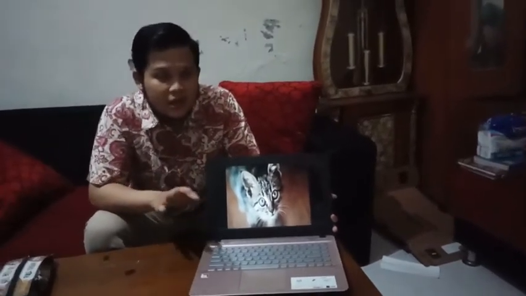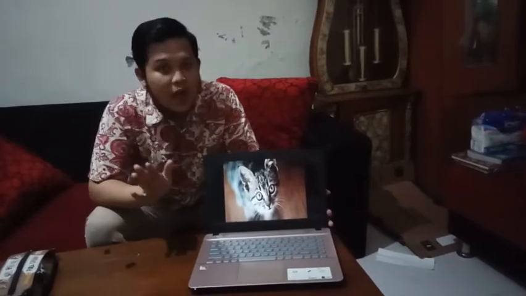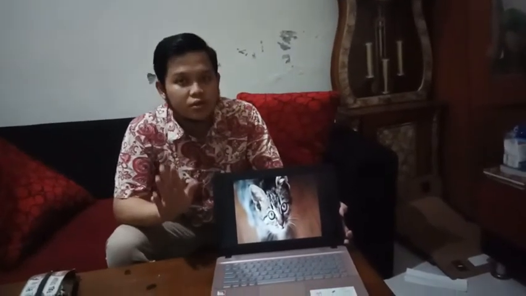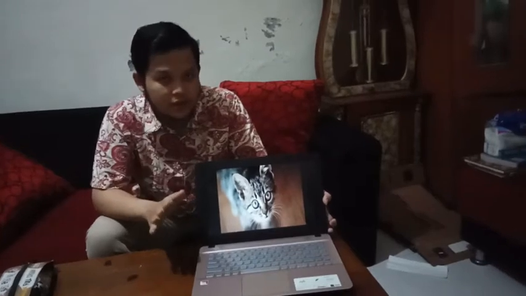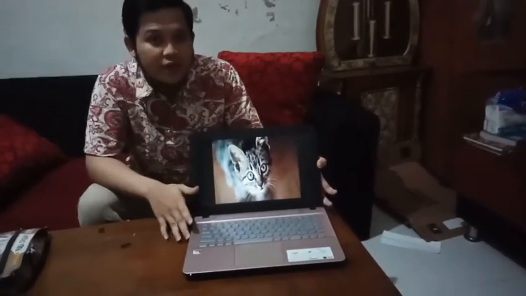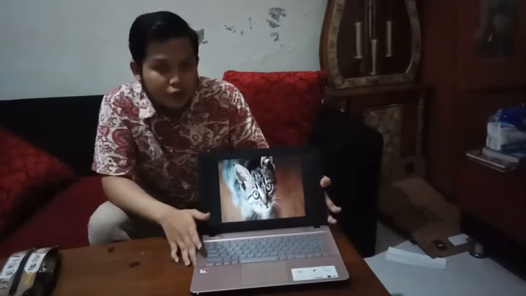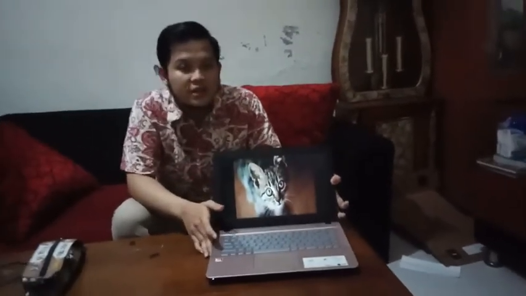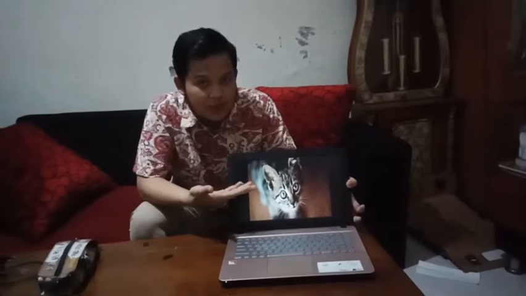So please, before we go to the next, I want to divide you into two groups. Each group must consist of 10 students. After you have divided your group, please make several questions about this picture of a cat. It can be the kinds of cats. It can be the habits of cats. It can be anything as long as it relates to cats. Okay, do you get my point, guys?